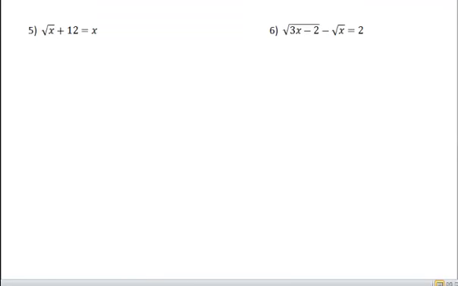So how about a square root problem? These you've already done a couple of times in the past. Let's just review a little bit. Remember, the first thing you want to do is isolate the square root. So we need to move this 12 to the other side. We'll have the square root of x